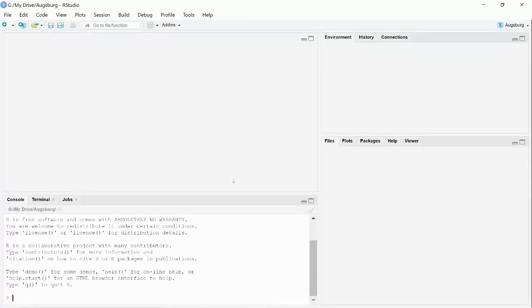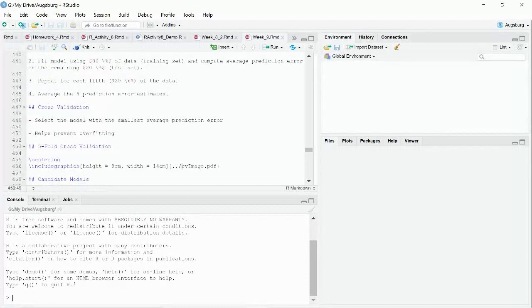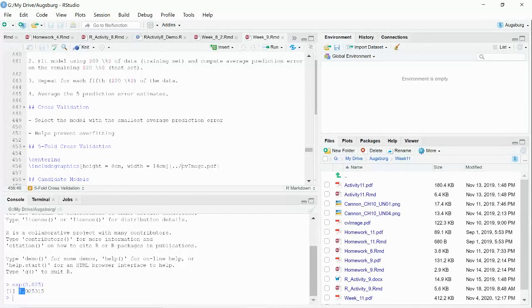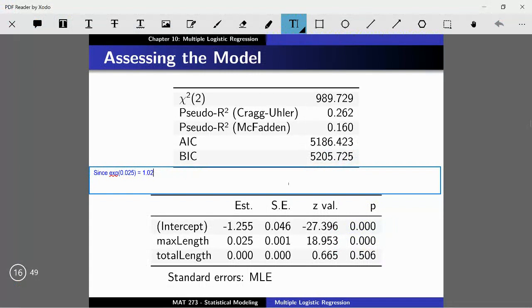R is my very powerful calculator here that I'm using today. And okay, R says that's about 1.02. So since that's about 1.02,